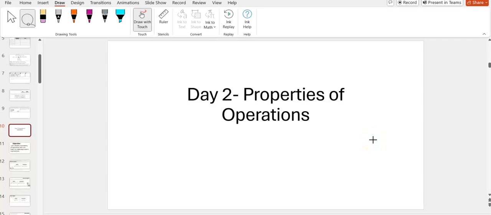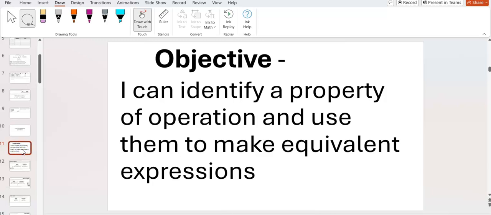Hello and welcome back to Module 10. We are here looking at day 2 where we're going to look at the properties of operations. So in this lesson, we are going to work on identifying a property of operation and then use them to